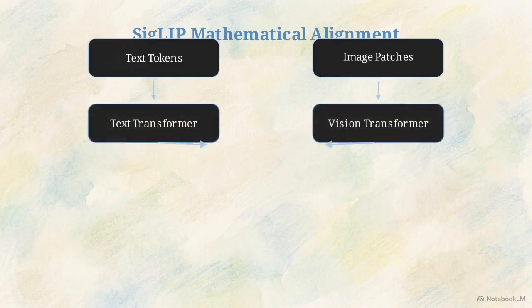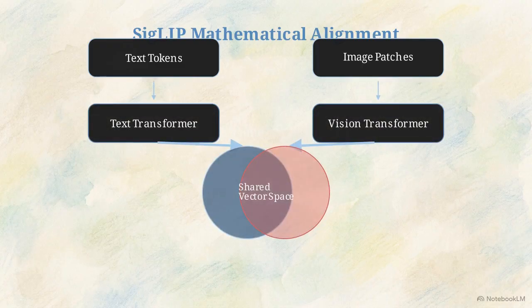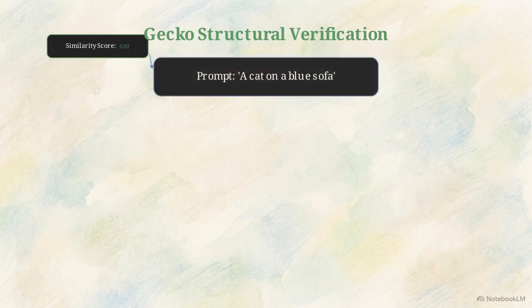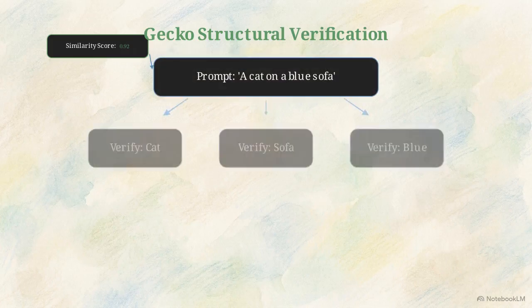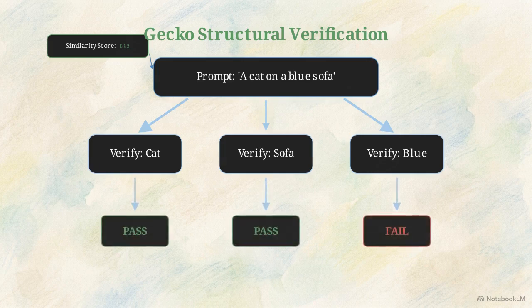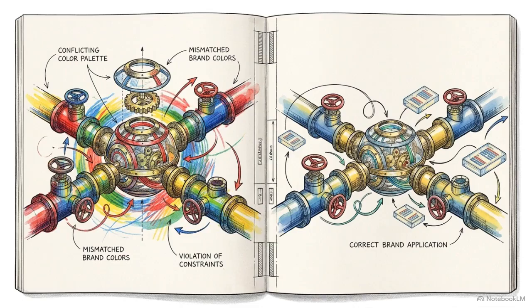It independently processes text tokens and image patches to compute a similarity score between 0 and 1 in a shared vector space. SigLIP provides a fast mathematical alignment filter, though it cannot reason about specific structural elements. Structural verification falls to Google's Gecko framework, decomposing the prompt into discrete verification nodes, checking for specific visual elements through a Boolean logic tree. While mathematical alignment and structural verification provide a necessary defense against errors, they remain insufficient for